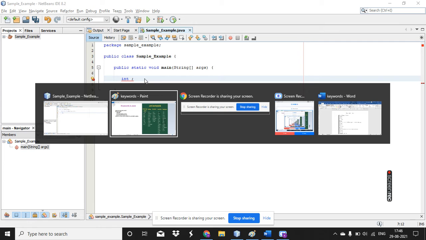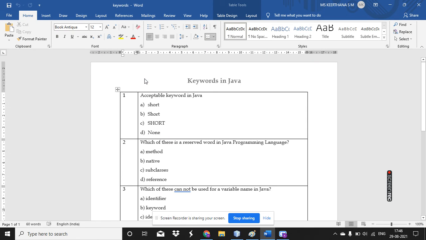Now clear? Yes. And I have three MCQ questions, so that I hope you will be very familiar in answering them. Yes, the first one is: which is an acceptable keyword in Java? Then, which is the valid one?